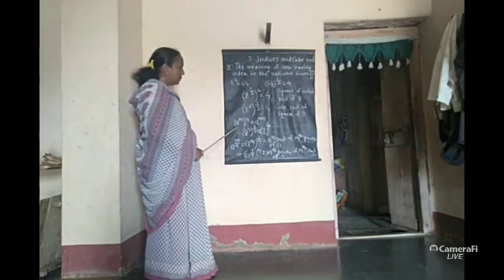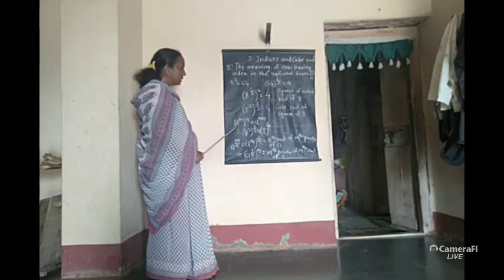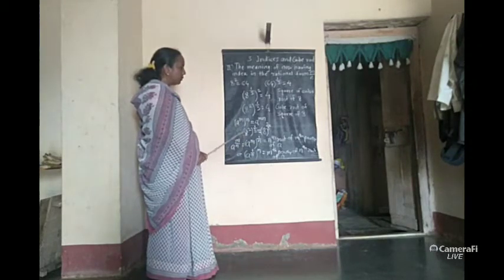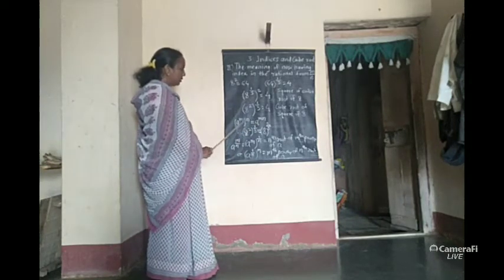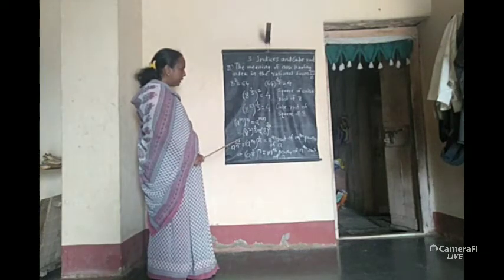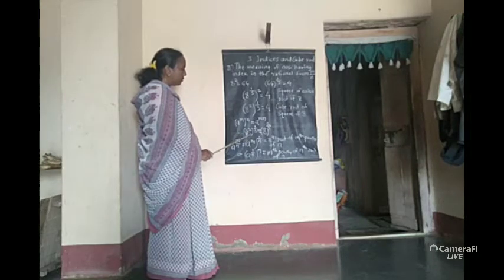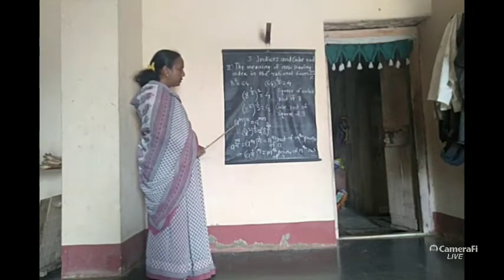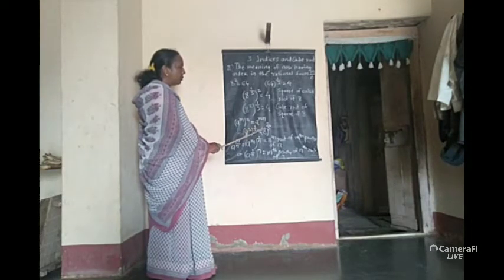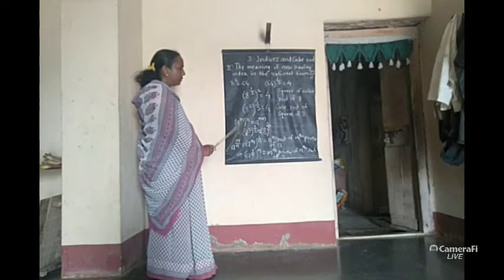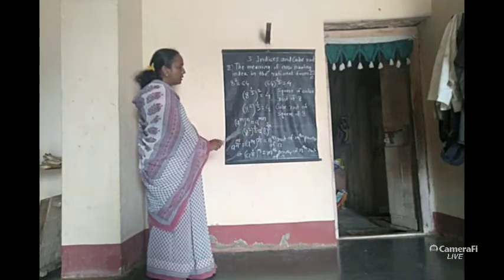Now see, here is one rule for you, that is the indices rule. a raised to m, bracket raised to n. Here we have to multiply these two index numbers, and we can write it as a raised to m into n. We use this rule in this example. Here 8 square is in the bracket, and outside the bracket there is 1 upon 3, that is the index number. According to this rule, we can multiply these two indices and write it as 8 raised to 2 upon 3. 2 is multiplied by 1 upon 3, and we write the product above the bracket, that is 8 raised to 2 upon 3.